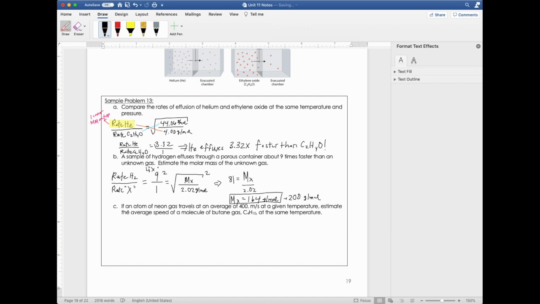So if an atom of neon gas travels at an average speed of 400 meters per second at a given temperature, estimate the average speed of a molecule of butane at the same temperature. Let's put the lower molar mass on top here. So we have neon versus butane. Neon is going to be much lighter. So I'm going to put rate of neon